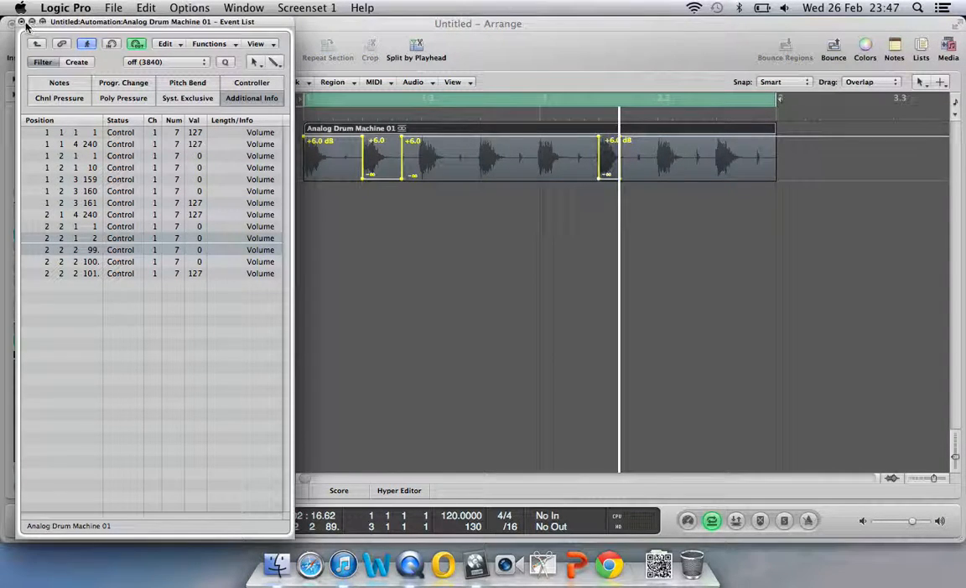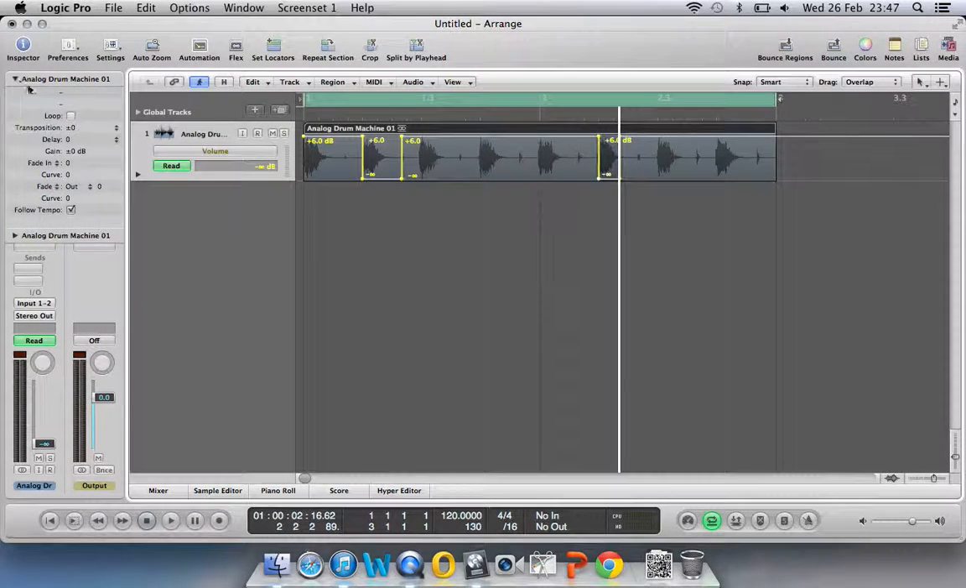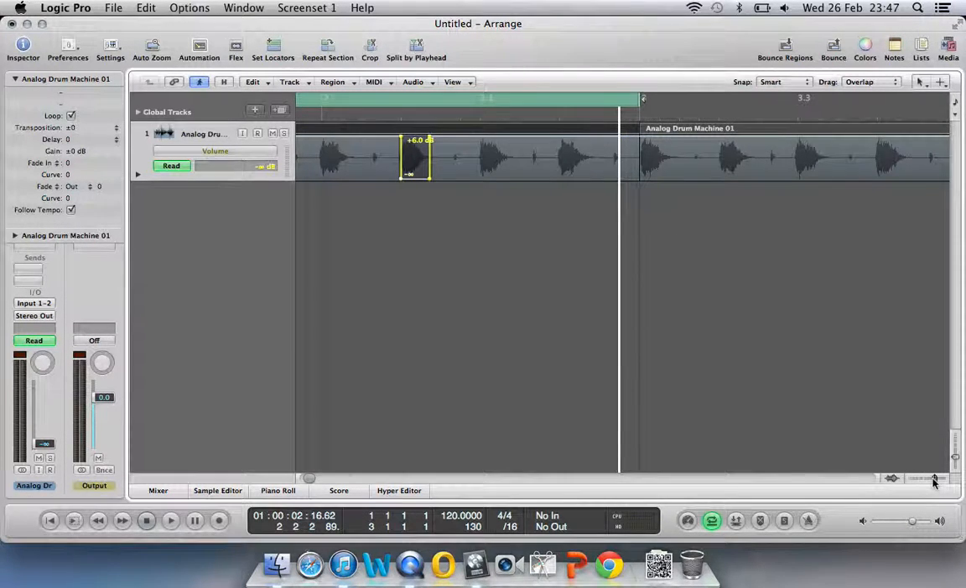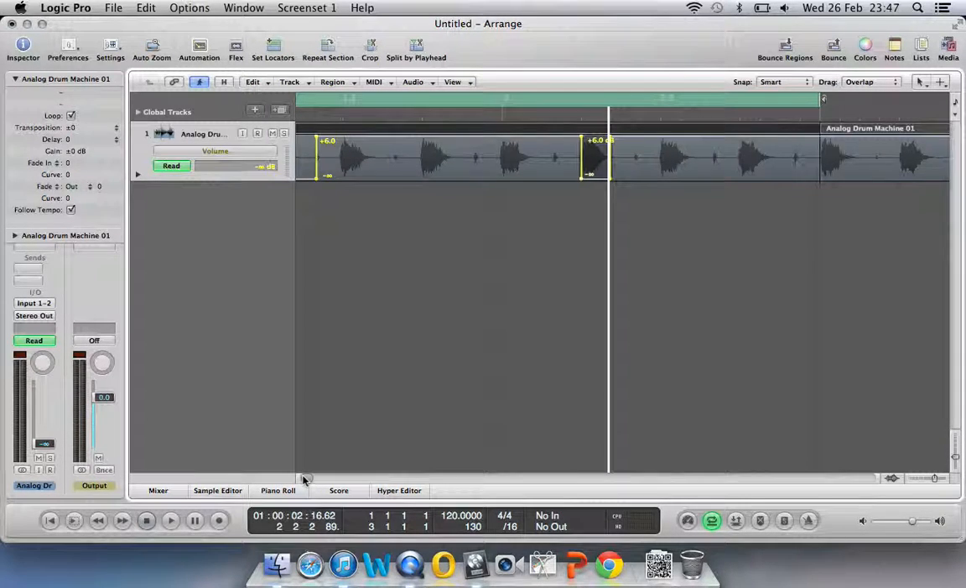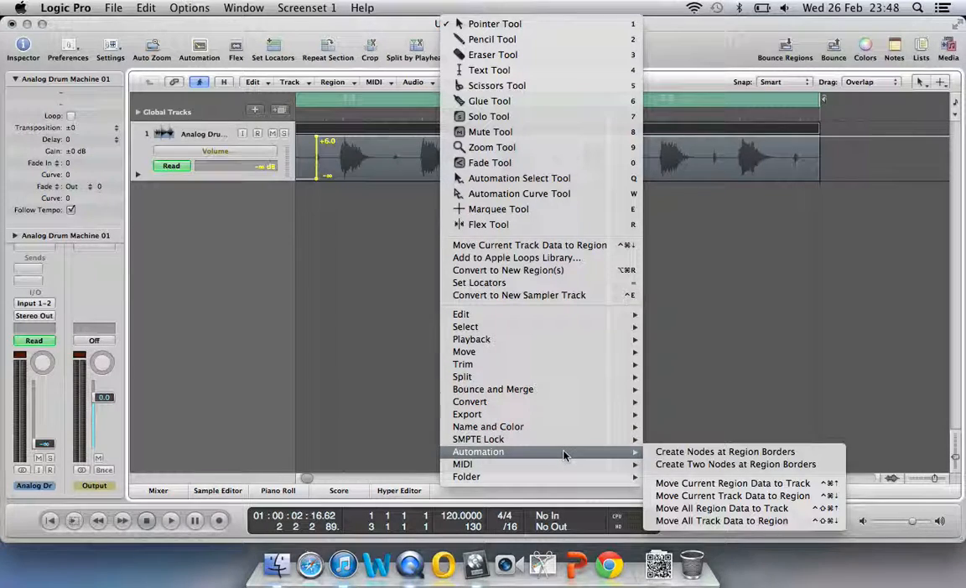Okay, I'm going to get rid of this automation events window. I'm going to click here and I'm going to loop. And if you notice in the loop feature, it hasn't continued the automation through the rest of the track. It's isolated to the first loop. If we want to automate it right through the whole track or through a whole region, you go to this black line here, hit Control, go down to Move Current Track Data to Region,